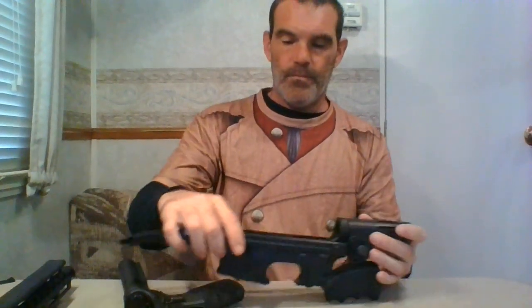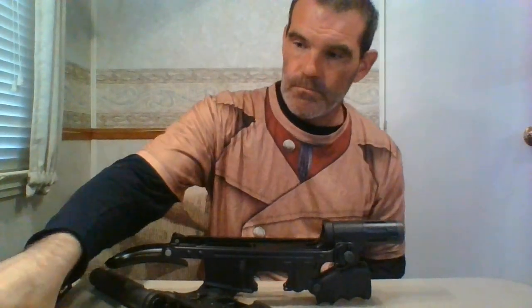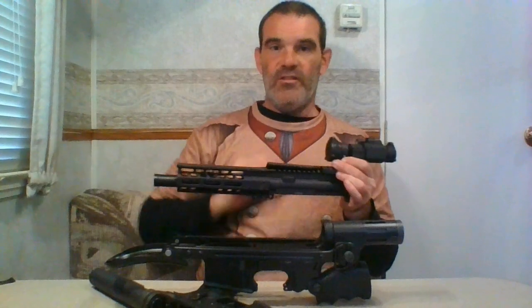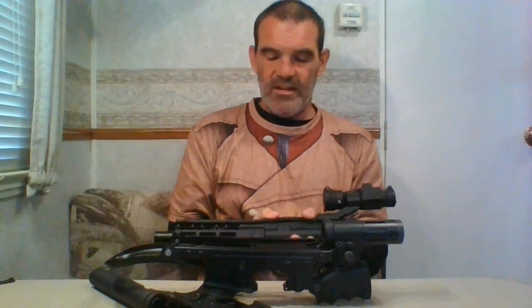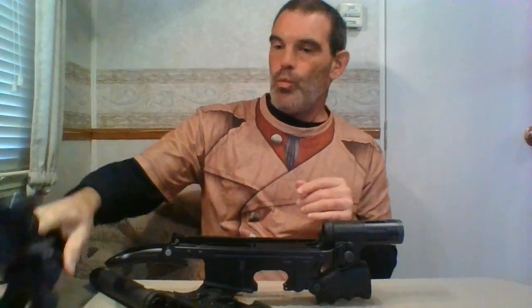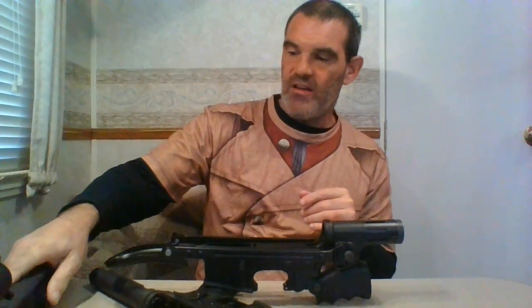For the sake of my ATF Gestapo agents, this lower receiver with this upper receiver would be an illegal short barrel rifle, and I know that. See, guys, I do pay attention to the law. This would be illegal. Now, one of the strange ironies of the universe,